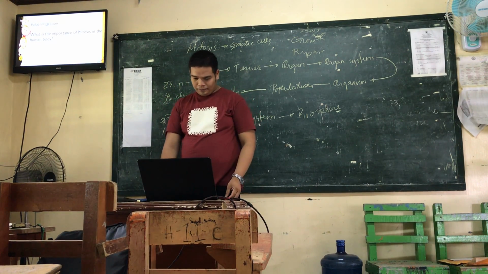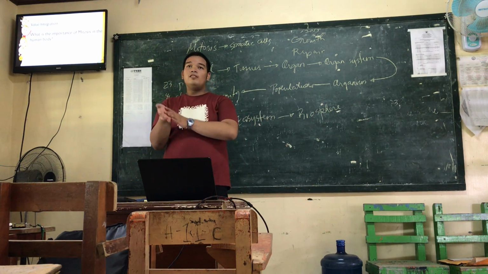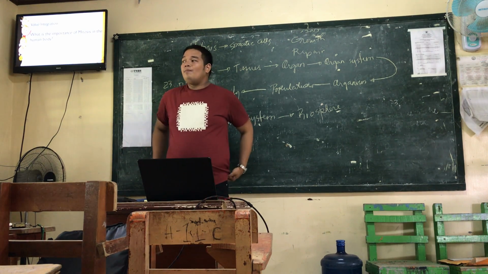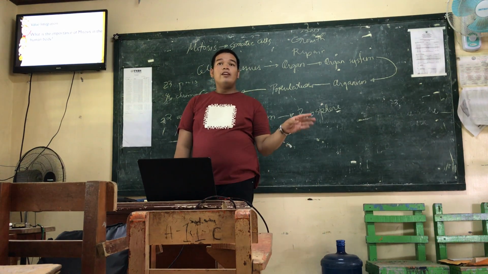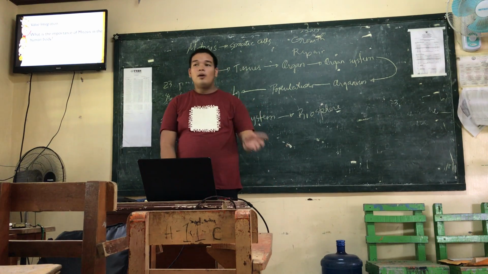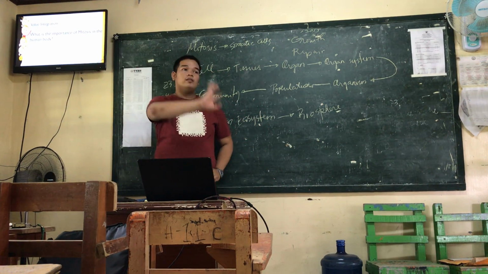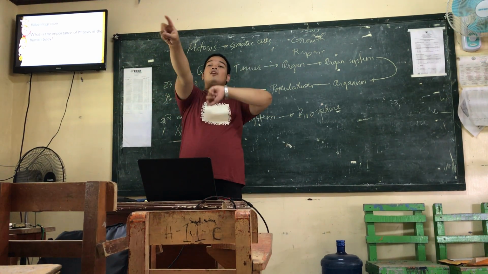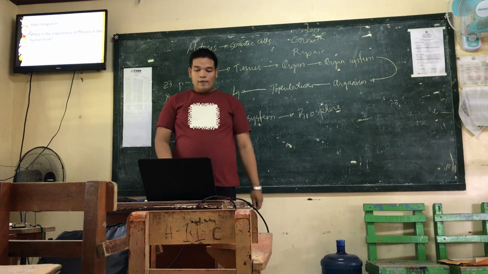Now, before I end my discussion, tomorrow we will have an activity all about meiosis. But before that, we have an assignment that you have to make. It will be a group task. I'll be grouping you into 5 groups. Count from here: this one will be group 1, that one group 2, group 3, group 4, and then the last 2 rows will be group number 5.